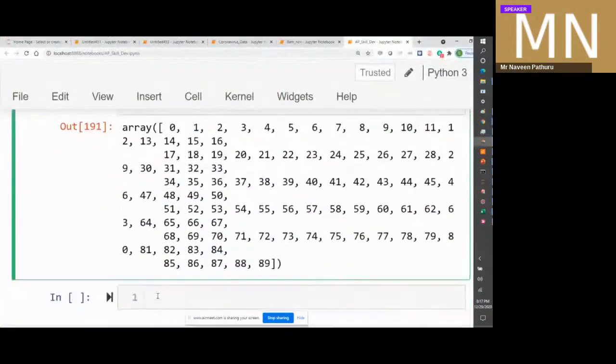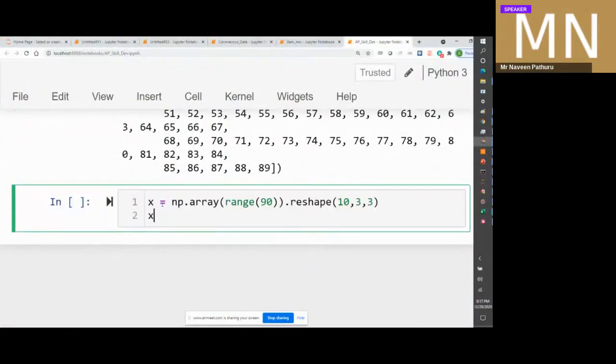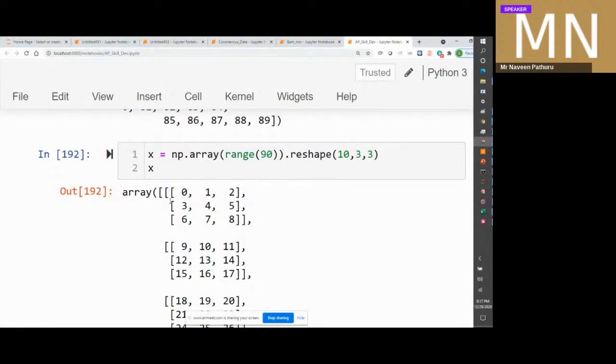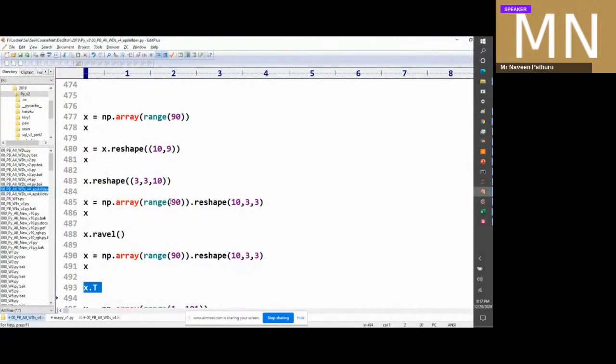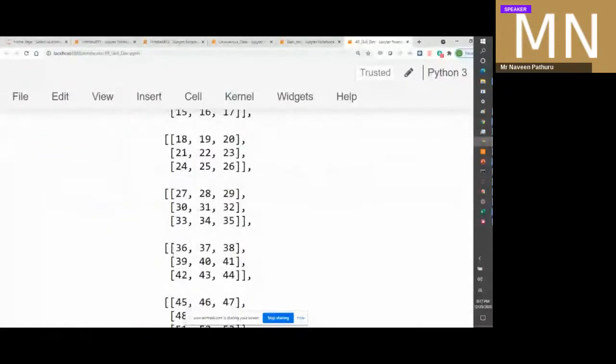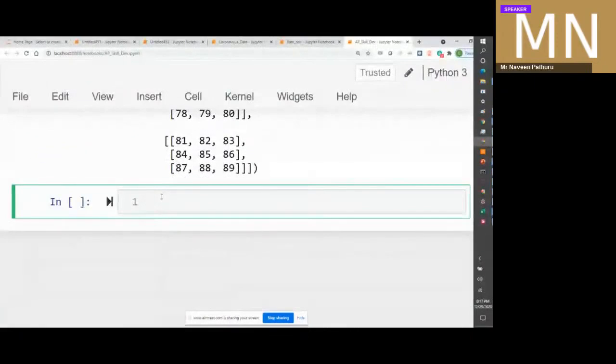Back to here. Let's run it. So take a look at this. That is again 10 3 by 3. Now what we are doing is again T for transpose. Let's see how that looks like, guys. A three-dimensional, if you transpose it,